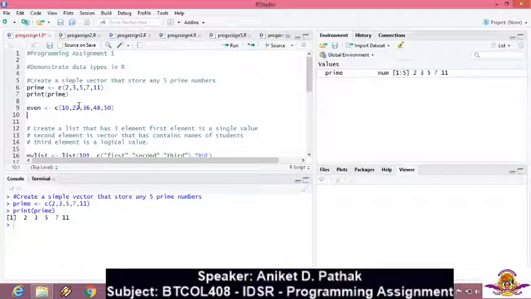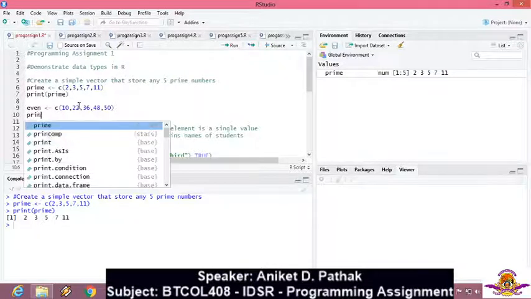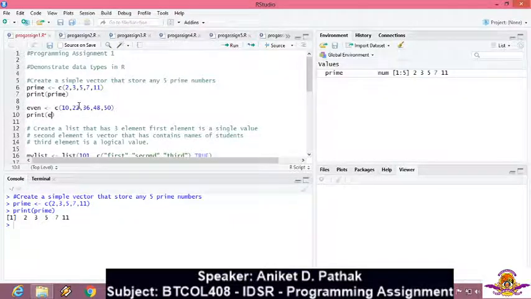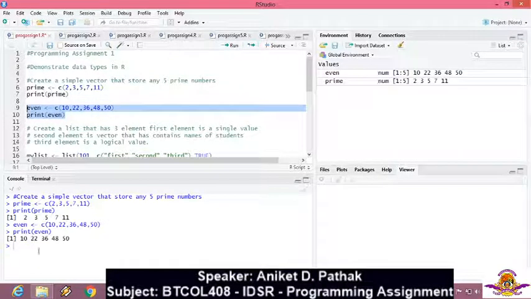That's it. Now I want to print this, so print, in brackets, even, bracket complete. Now I want to check whether everything is right. So I select it and I click on Run. If you observe in the console window, I get my values.